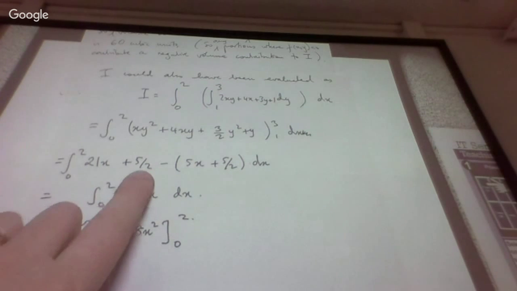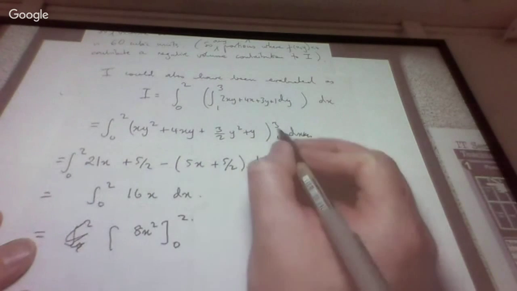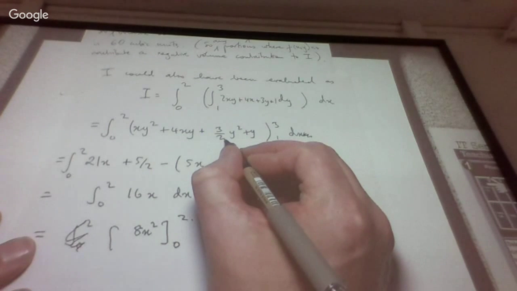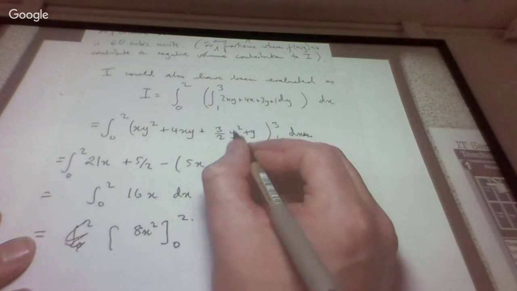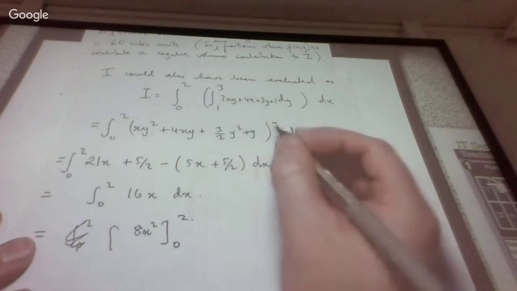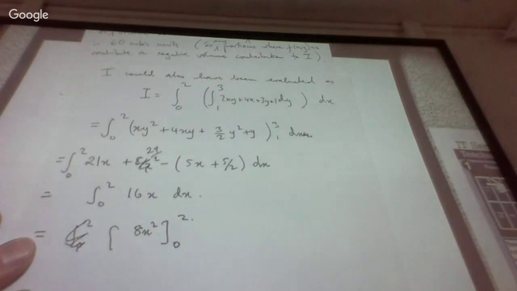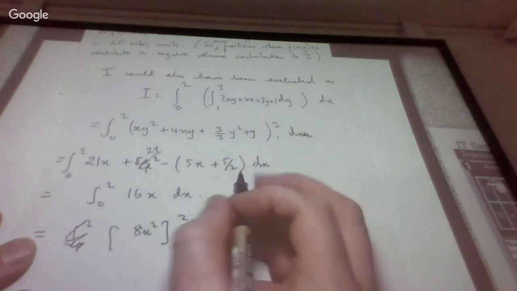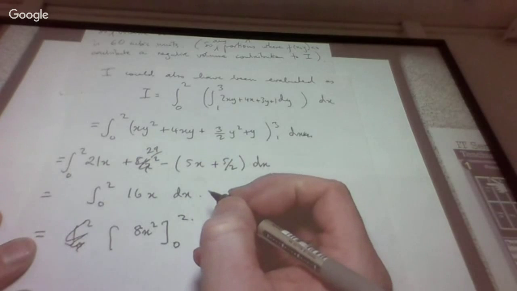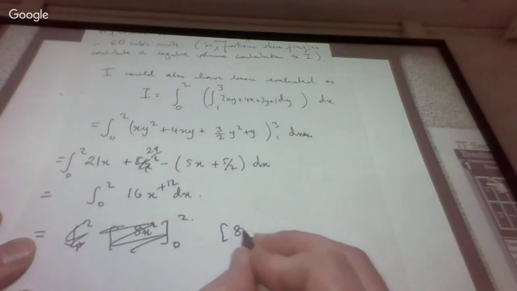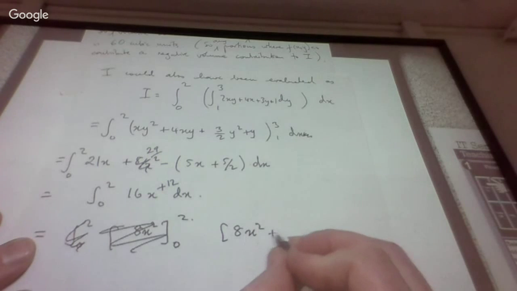Sorry, this 5 over 2 bit was wrong here, wasn't it? So when you put 3 in, you get 27 over 2. Put 9: so 27 over 2 plus 2 over 2, so it gives you 29 over 2. So 29 over 2 minus 5 over 2 is 24 over 2, which is 12. So this is 8x squared plus 12x